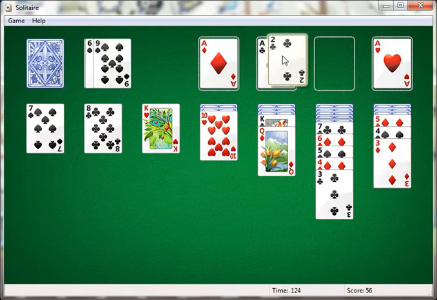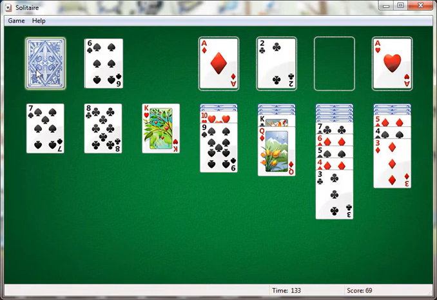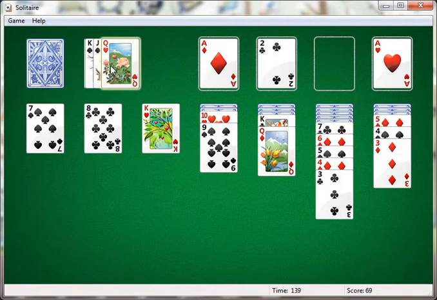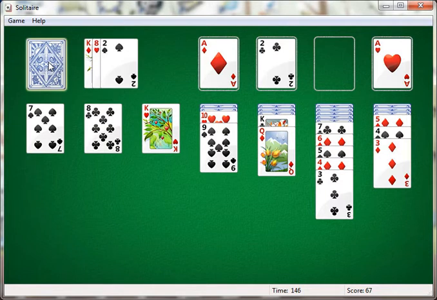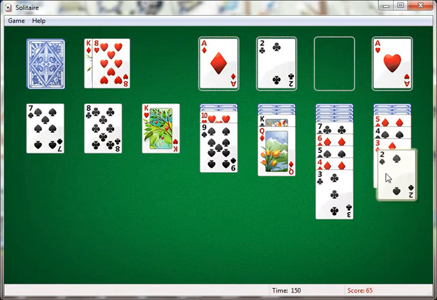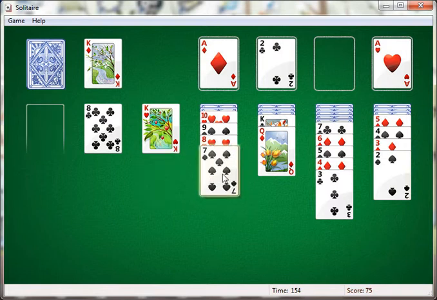Okay, we got that task out of the way. Now we're going to whittle it down. We're going to get these tasks out of the way, and basically it's a lot easier way to look at prioritizing. It just kind of helps me out when I'm thinking about what do I need to get done first, what do I need to get done second. It's a lot faster way. Okay, we got this guy right here, this guy right here, this guy right here. Then we're going to put, now